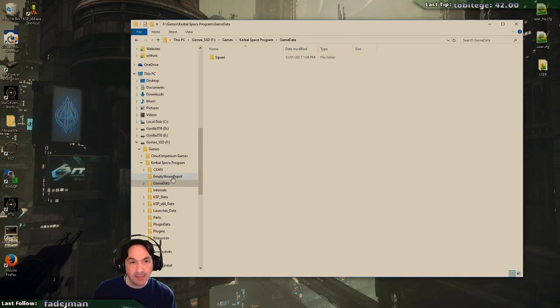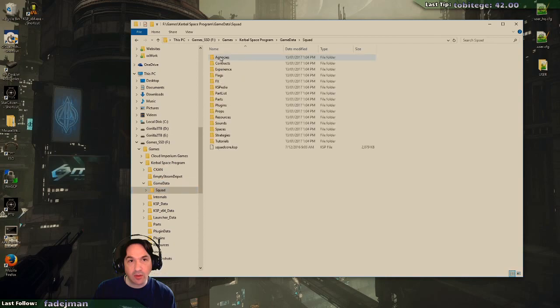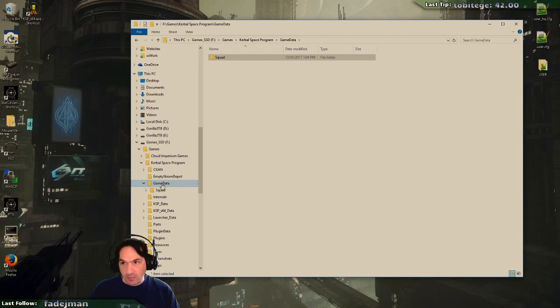where inside the game data is only the Squad folder, and the Squad folder is the Squad mods. That's it. So whenever you get any mod, whenever you download, that is correct, Strip. That is correct. So whenever you get a